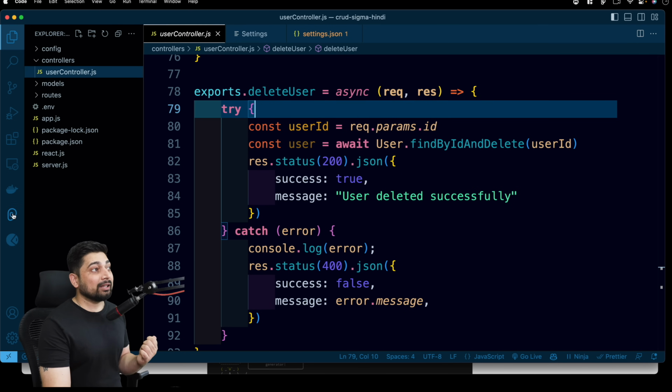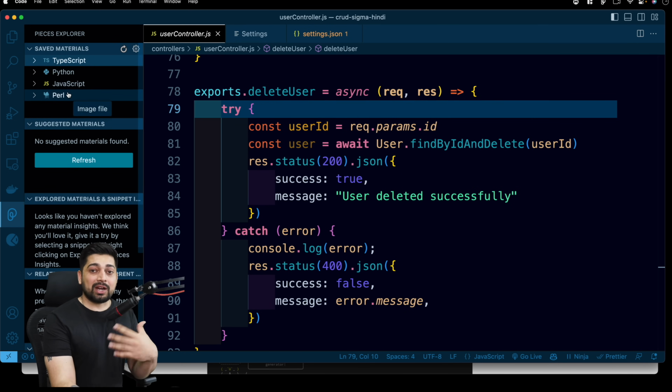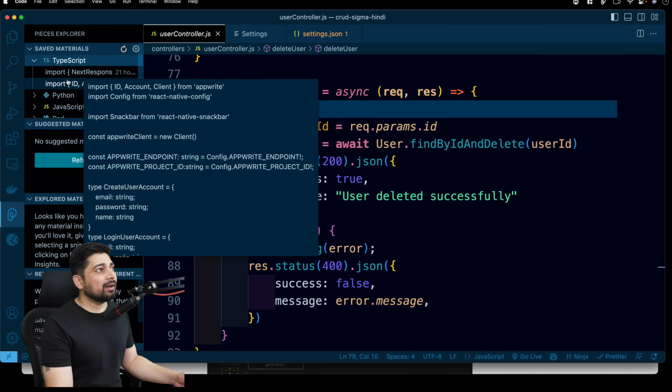I know a lot of people will comment down and say, I can find it in ChatGPT. The flow, man, the flow. You are not going to find the flow in ChatGPT. Let me show you. I can click on Pieces and I can simply search all of my saved material. I've just started using it, so there are not thousands of items, only the usable ones, which I constantly use. I can just open it up and check, hey, what did I use for this guy